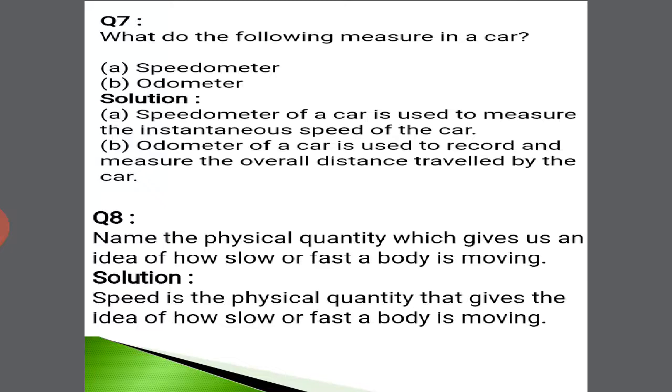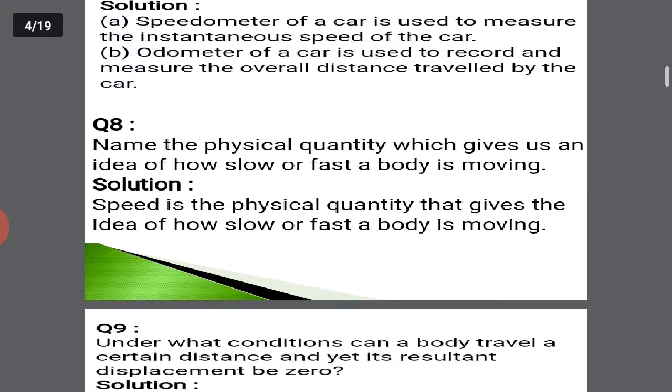Name the physical quantity which gives us an idea of how slow or fast a body is moving. Obviously it is speed. Speed is the physical quantity. Next is,